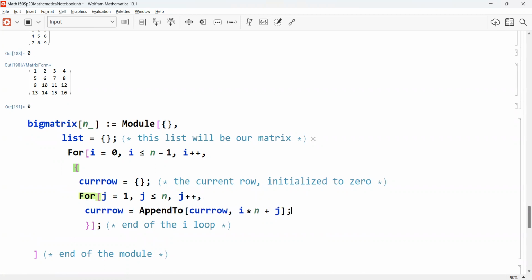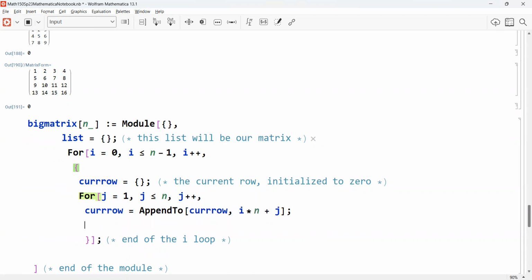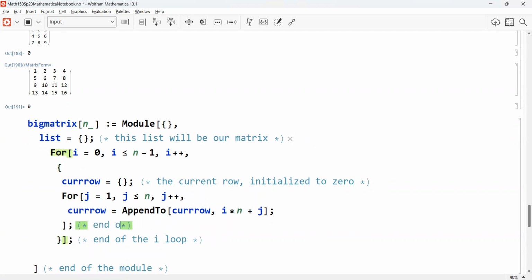And then this is what I'm going to be doing. End of the j statement. So what I'm doing is adding element by element by element. So initially i is equal to 0. So I'm adding 1, 2, 3, all the way up to n. Then the next time I come through this, i is now equal to 1. So I'm going to add n plus 1, n plus 2, all the way up to n plus n. And the last time I get through,